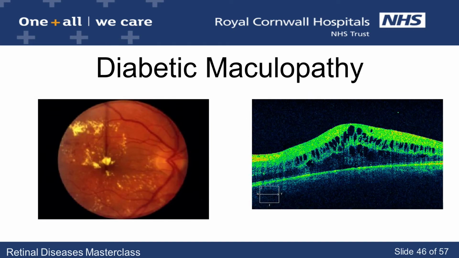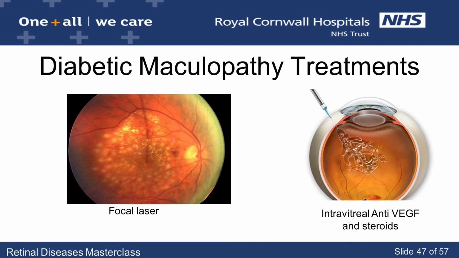retina. Diabetic maculopathy is a separate but related condition also associated with diabetes, but is characterized more by the accumulation of fluid at the macula, as well as loss of blood supply to the macula, and therefore there are more exudates and less new blood vessels. The treatment for diabetic maculopathy includes laser treatment, but also the anti-VEGF injections, which you've seen earlier on in this